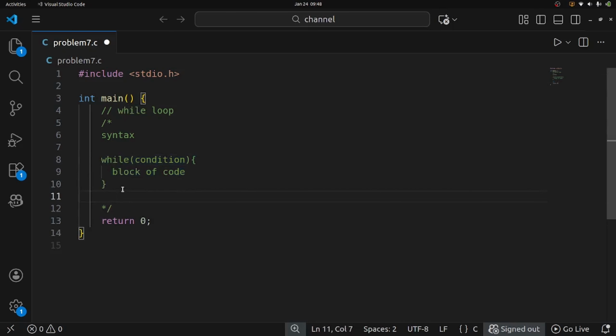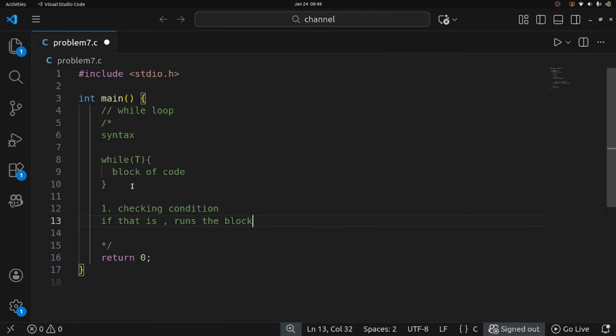So how will this loop run? First the compiler will come to this line and check this condition. If the condition is true, then only it will enter this block, right? If the condition gets true, then only it will enter the block of code. So first it checks the condition. If that is true, it runs the block of code and then